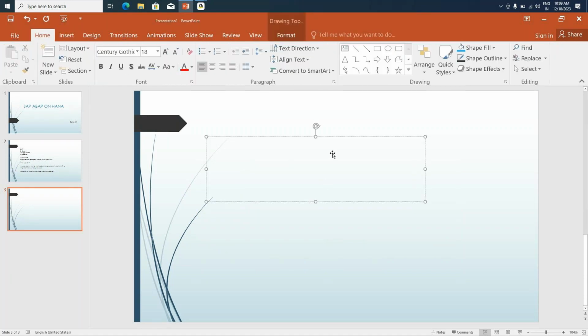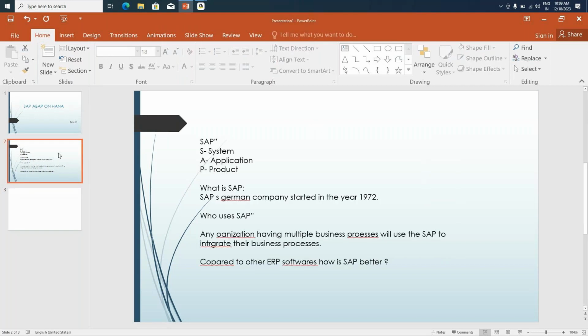Now, I just spoke about ERP. What exactly is an ERP? Or rather, let's talk about what exactly ABAP or ABAP on HANA is. ABAP is a technical module. In SAP, we just spoke about the many business processes, correct? Be it sales, inventory, material management, HR, wherein the resource data will be available. So in terms of this, where does exactly ABAP come in?